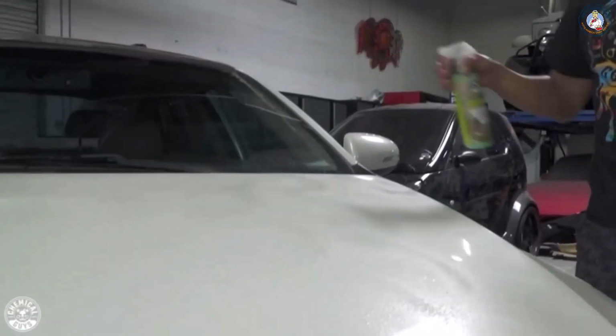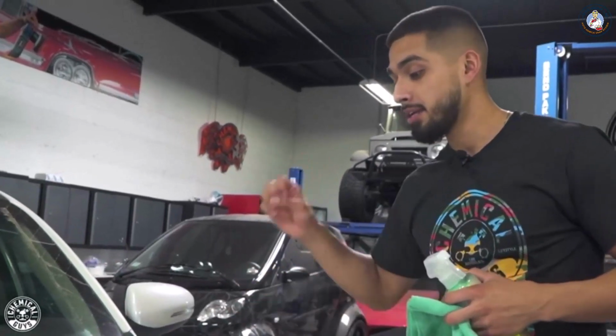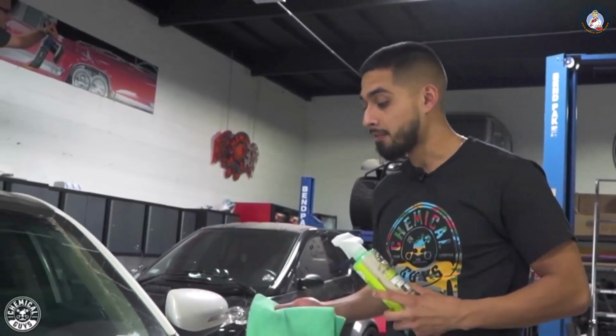So just let it sit on there. And then I like to let it dwell on the surface of the vehicle from anywhere from 15 to 20 seconds, just so I can make sure the lubrication is highly penetrating the dirt and grime and helping lift it off the surface properly. So now that it's been sitting on the surface,